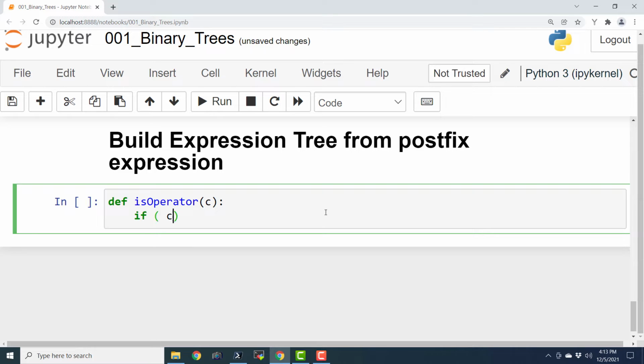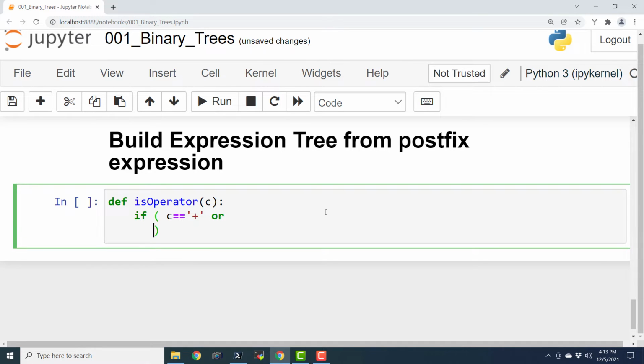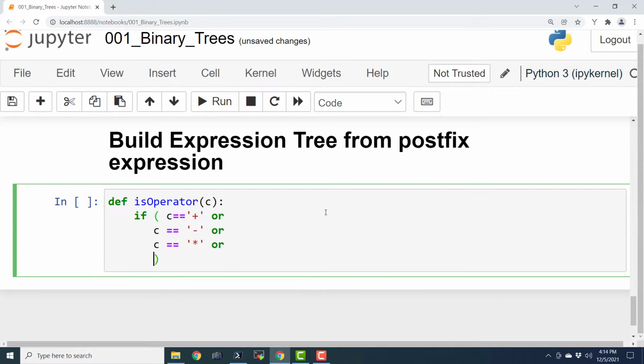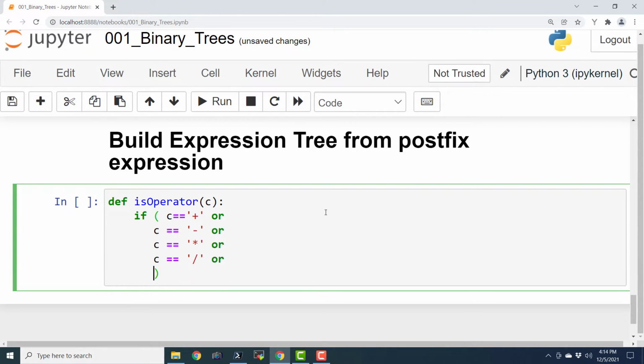If c equals plus, or c equals minus, or c equals the multiplication sign in programming, or c equals divided by, or c equals the exponent symbol.